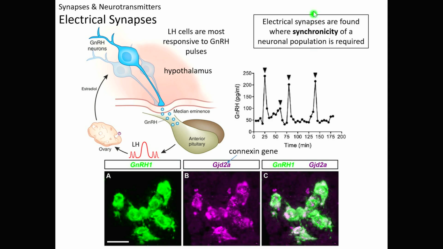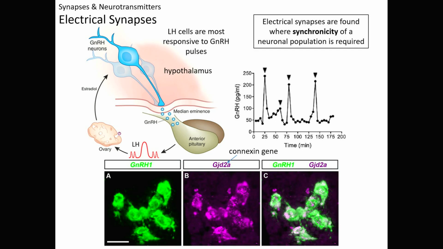We also find electrical synapses in places where we need synchronicity among neuronal populations. We had the example here of these gonadotropin-releasing hormone neurons. We said that when gonadotropin-releasing hormone is released in these discrete pulses, as opposed to a continuous release, you get better responsiveness from the pituitary in terms of releasing luteinizing hormone. And so to get these discrete pulses, you need all of those GnRH neurons to be excited all